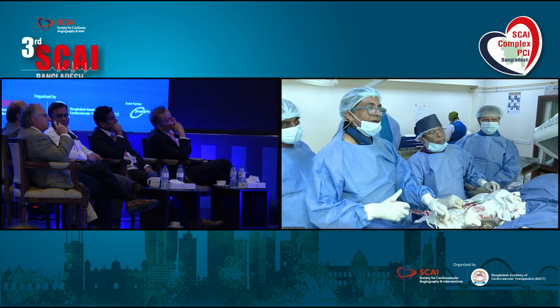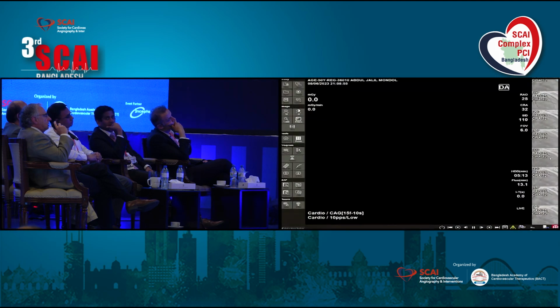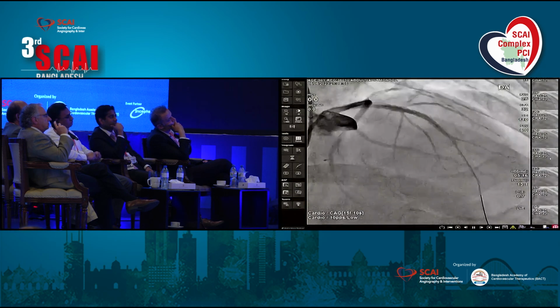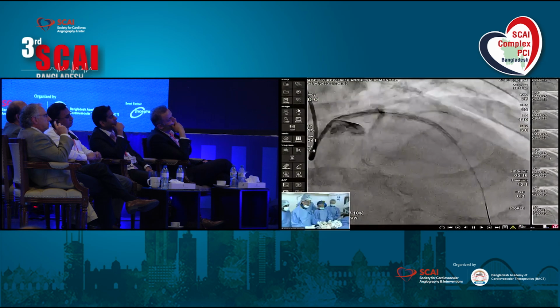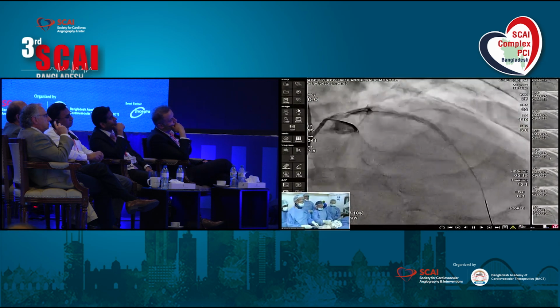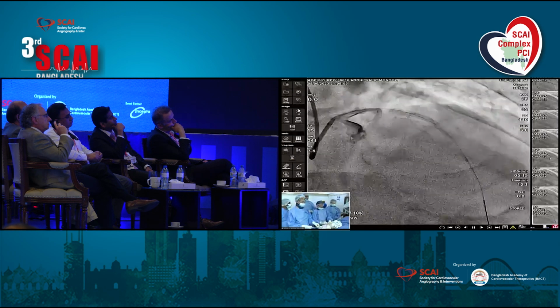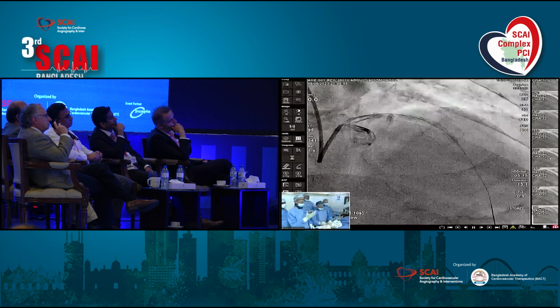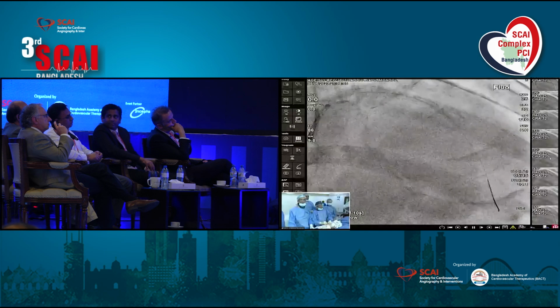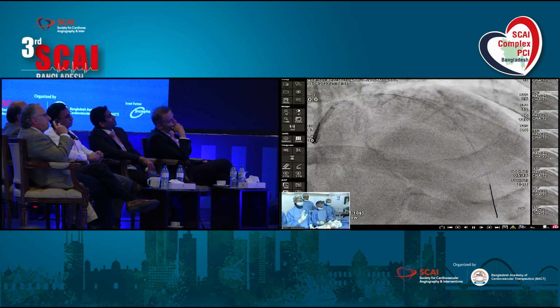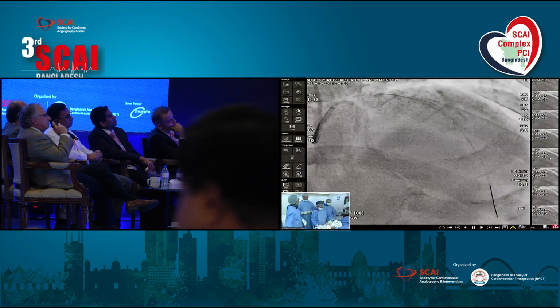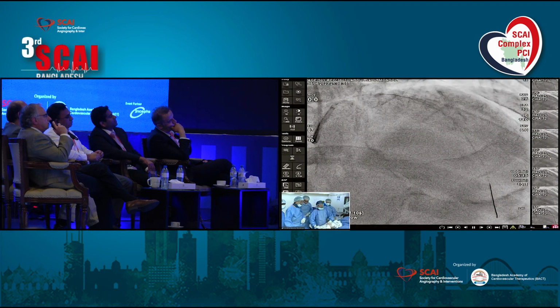And there was a jailed area that was very short, a few millimeters only. Even then, whether you have noticed or not, the side branch wire was almost stuck. Looks good. The guide was pulling back, and for the younger colleagues, I am pulling back the guide in the left hand and pulling back the wire by the right hand. So that is important to prevent over engagement and dissection by the guide catheter.